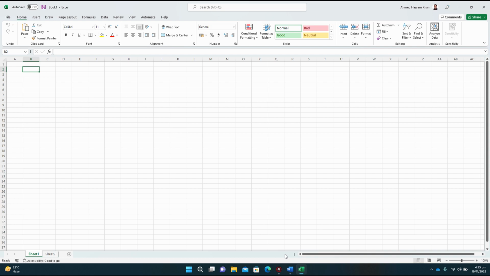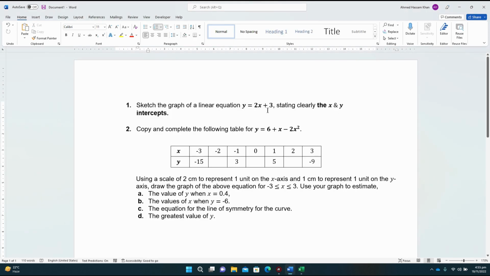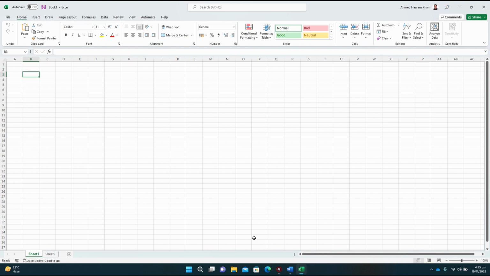So first of all, as we know, if we need to draw a graph of a linear equation, we first need to draw a table of values. Like when we draw a simple graph on graph paper, we first need a combination of x and y values. So first we need to draw the table. Now I'm going to label these two cells as x and y, and I'm going to select the values of x starting from minus 3 till plus 3. So I'm going to insert the values of the independent variable x myself,